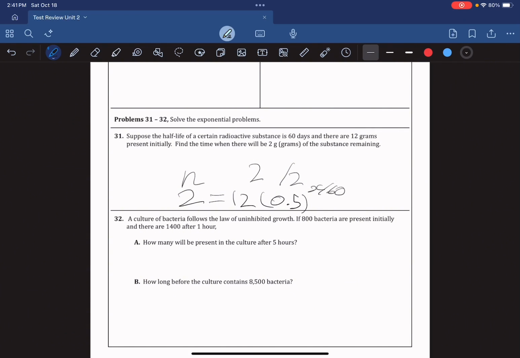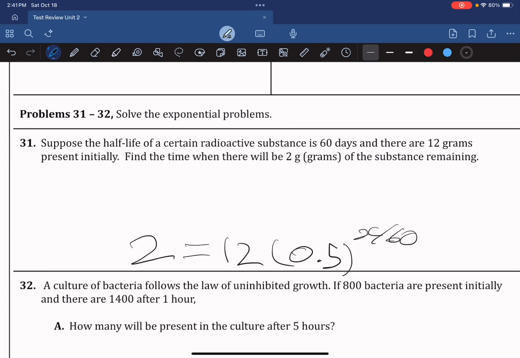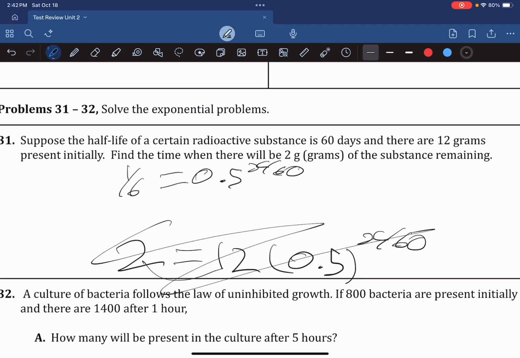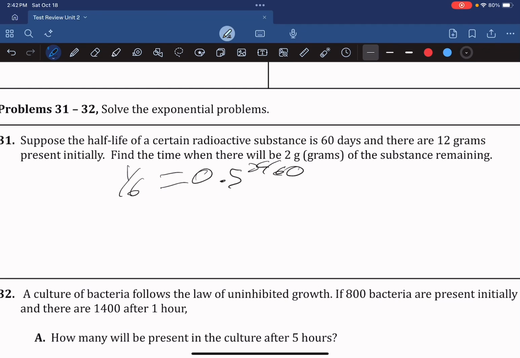I'm going to delete all this up here so I have room to work, but you guys know what's supposed to be up there, or you can just scroll back in the video. But let's just solve it like it is. So 2 over 12, let's move the 12 over, 2 over 12, that's 1/6 equals 0.5 to the x over 60, right? Get rid of that now. Well, so we can just do log base 0.5